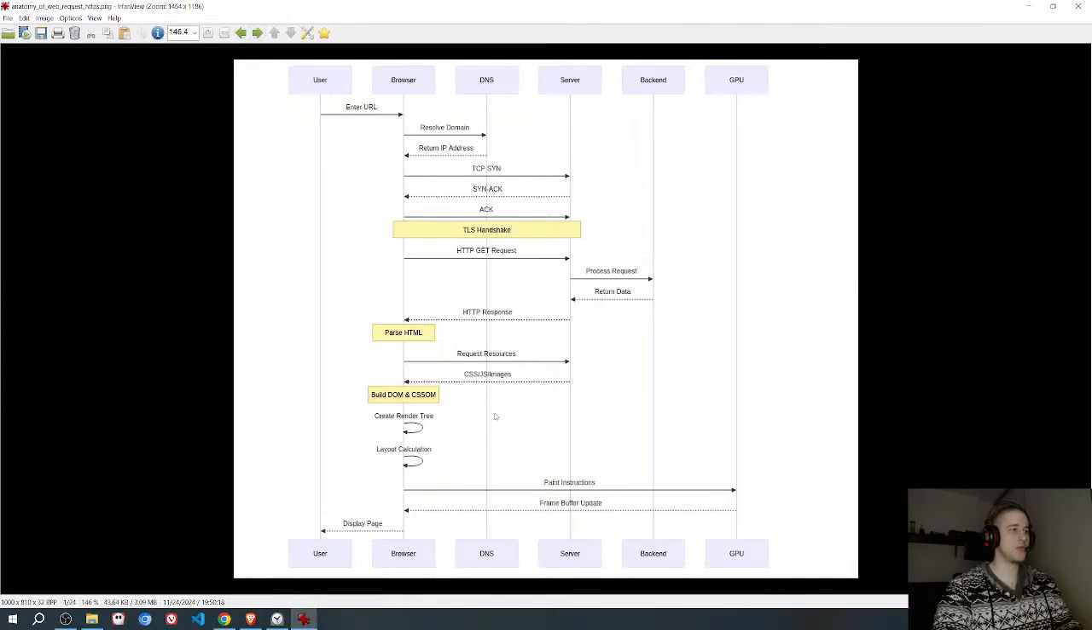And based on this, I'm kind of confused because now I'm not really sure. It's saying here paint instructions, but I'm pretty sure it only makes sense that obviously